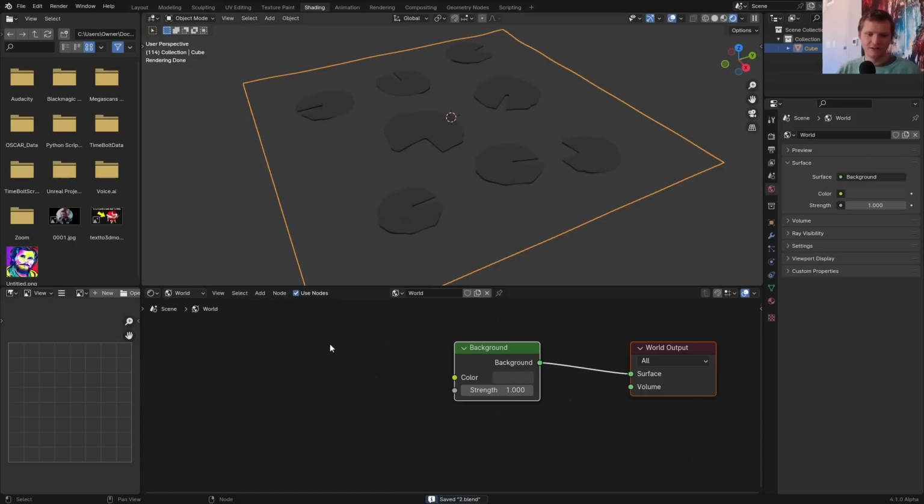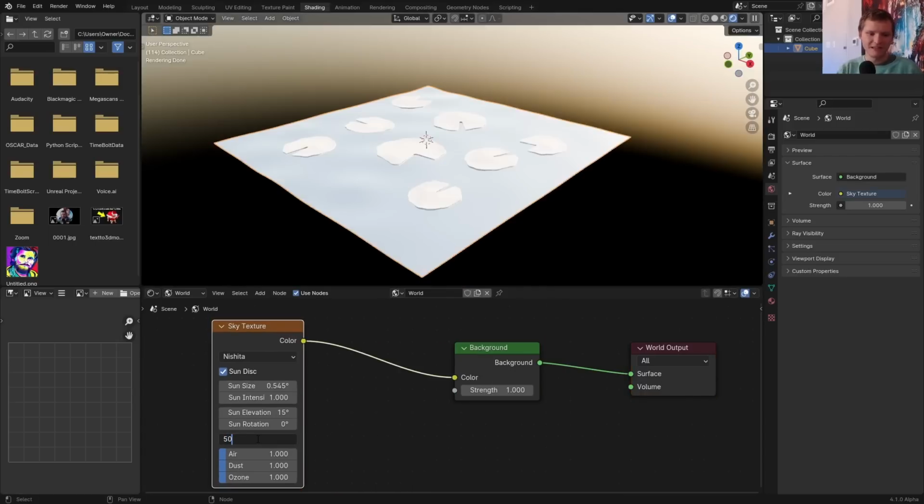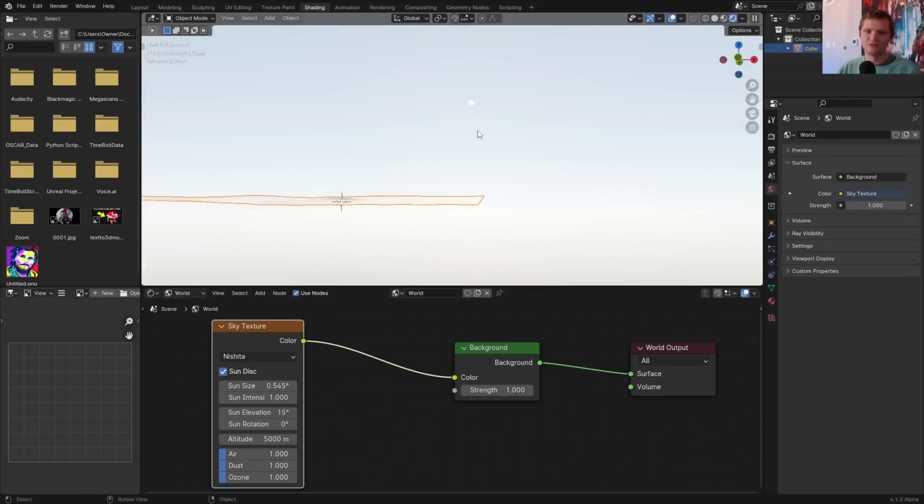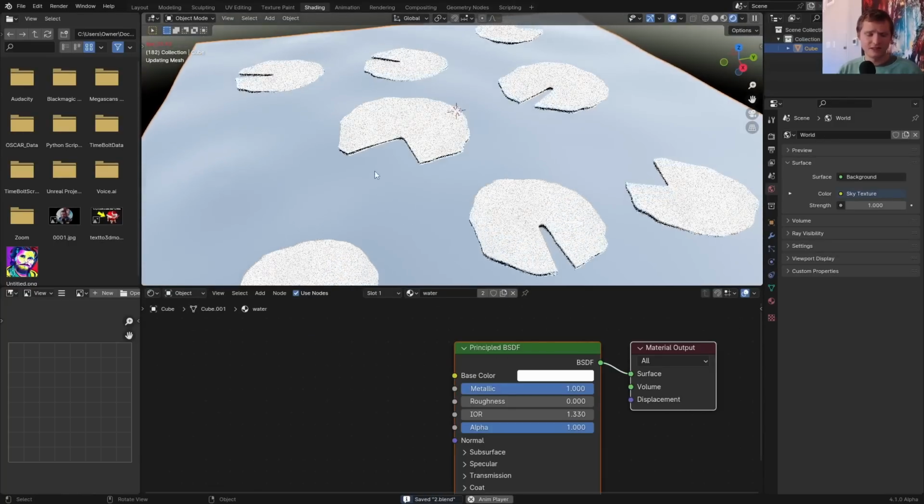In the world shader, I'm going to have to do this procedurally as well. I'm just going to use the sky texture node. I can bring up the amplitude so we don't get all this blackness. We just get mainly blue. So this is definitely a good start to the water, and you can see that there's the ripples, but this